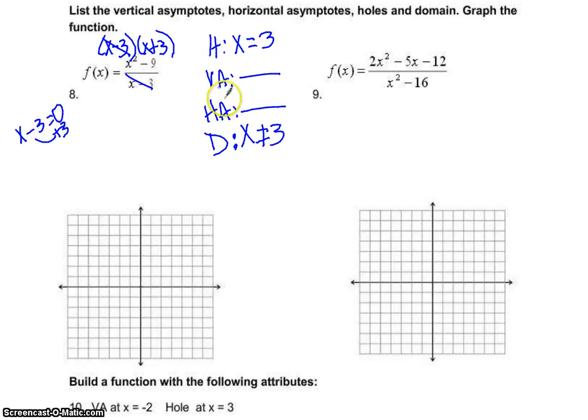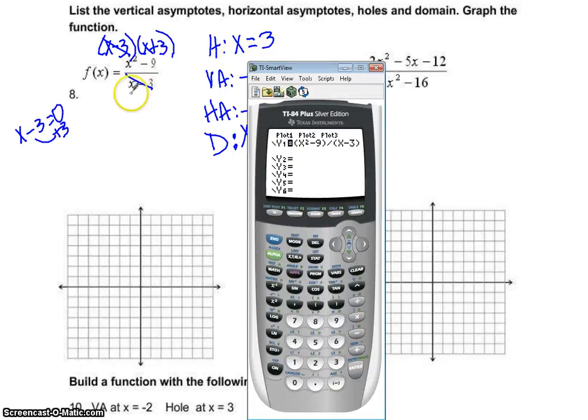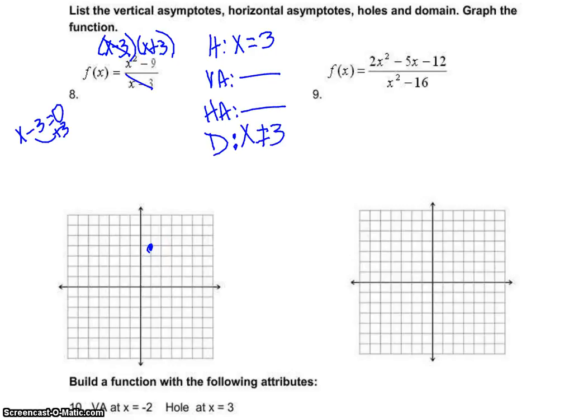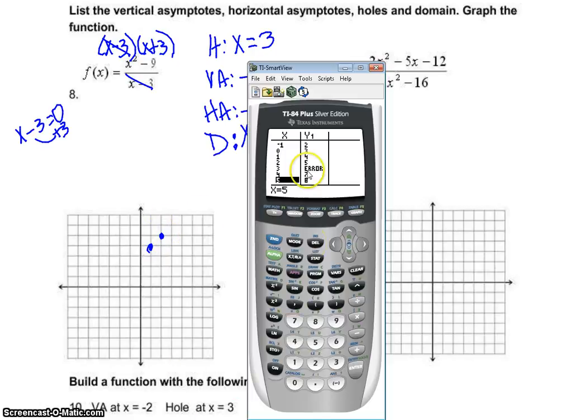So then when we graph it, there are no vertical or horizontal asymptotes to draw. We need to remember that there is a hole at x equal 3, but we can't really do anything yet. So we go to y equal and we put the original problem in. Go to your table and go find your error. And you want to plot a couple of points before the error and a couple after. So 1, 4 is a good point. Also 2, 5. Then on the other side, we've got 4, 7